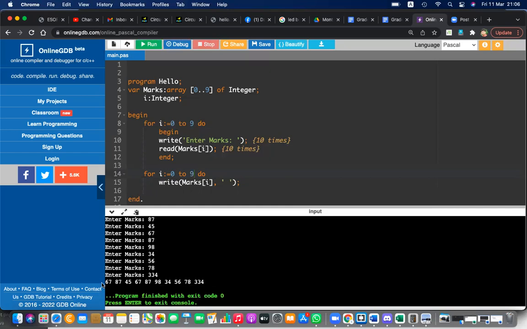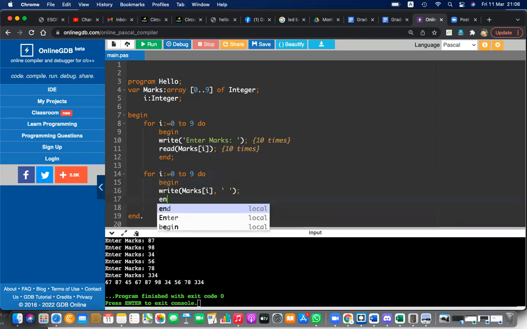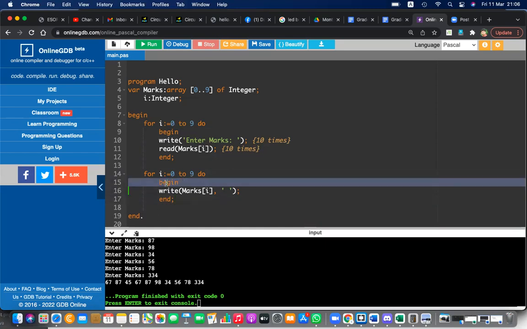Is it clear to you? Yes, sir. Okay, another thing: here we don't need the begin and end. Why? You can include begin and end, but it is not compulsory. What's the reason? Now you should understand. Begin and end is not compulsory, it's optional. I can include or I can avoid. The reason is,